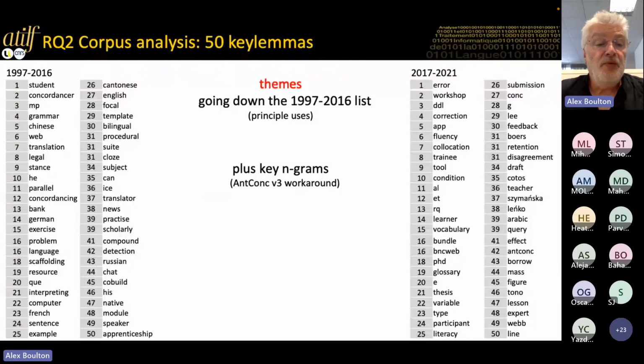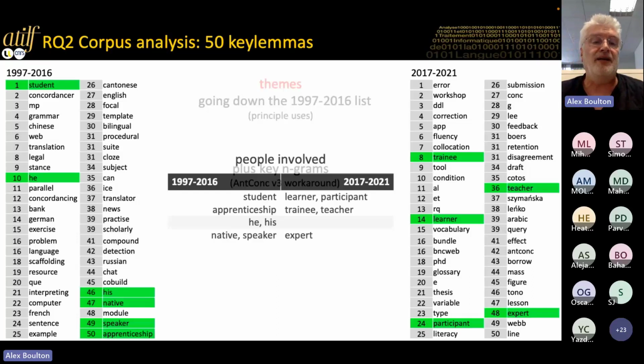But what we did with Nini Biakina is we put aside the statistics because you get quite complicated statistics of all kinds of things in Ancon, but just take the top 50 key lemmas in each corpus. In other words, the 50 words which are most typical of the first corpus compared to the second one, and the 50 items which are most typical of the second corpus compared to the first one. Okay, so here we have the list of 50. So we'll just go down the list on the left of the old corpus and see if we can find things which are necessarily different, but perhaps similar parallels.